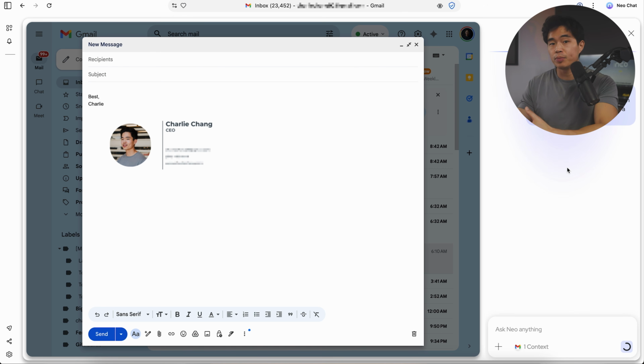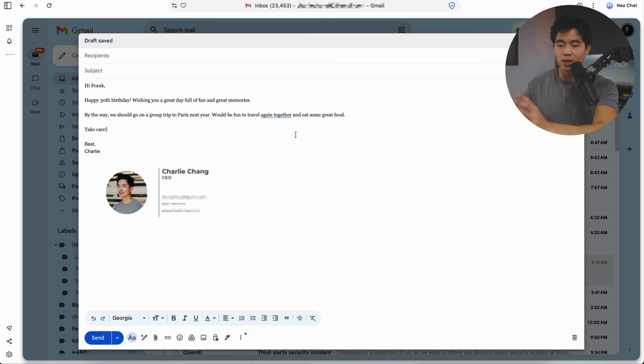Now it'd also be able to help us craft different responses to emails that we've received. And yeah, it's just really nice to have all this built into this browser natively. You don't need to switch between different apps, and it just makes everything so much more smooth. Once that's done, you can just copy and paste it into your email. And yeah, doing this can save you a lot of time, give you initial drafts that you can actually just